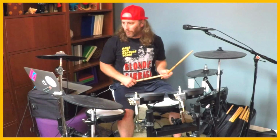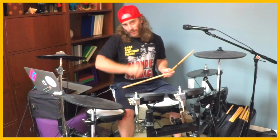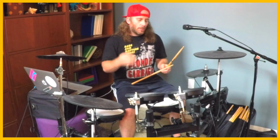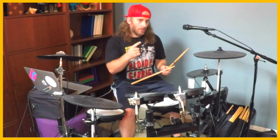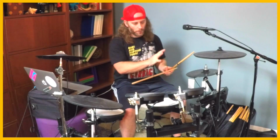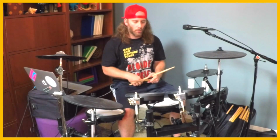Okay? So the second part of this tune starts right there. So you're basically following that intro kick pattern through the first open section of the tune with open hi-hats and accenting with snare fill in the middle of the whole thing. So it's